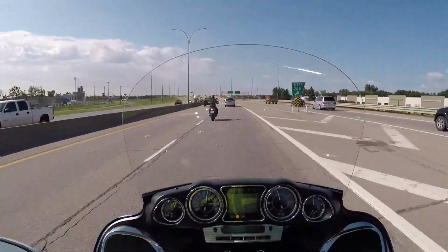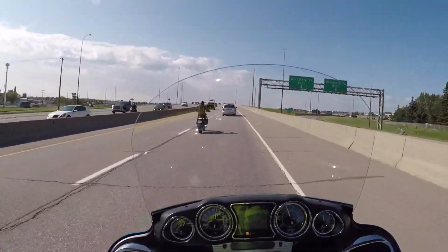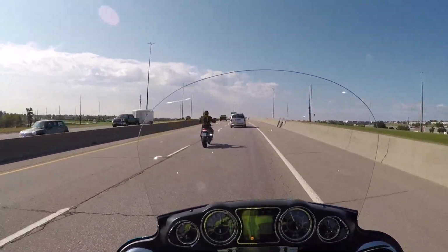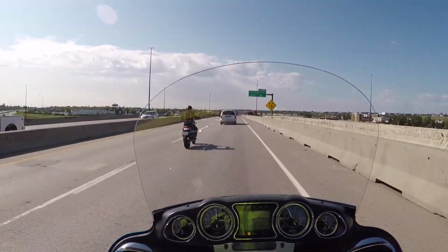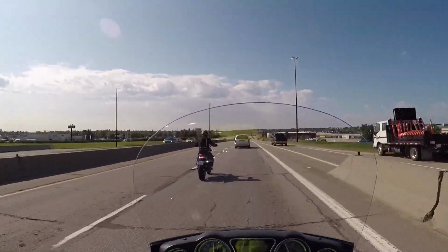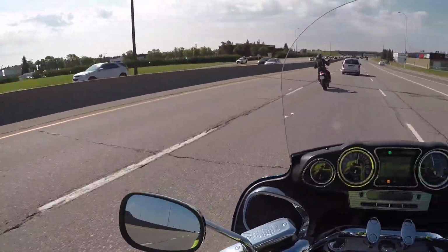So for your gauges, you get a temperature gauge, you get a fuel gauge. Of course, you have distance till empty in the LCD display. I'm cruising along here in 5th gear at 110 at just under 3,000 RPM. This is going to be a very, very hard bike to beat when it comes time for me to buy, especially given that this bike is regular price